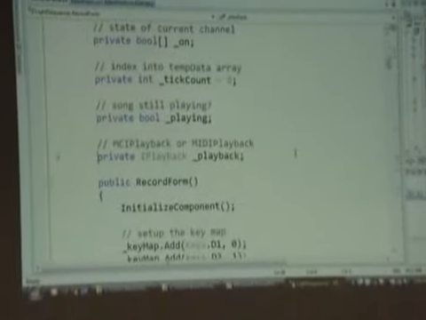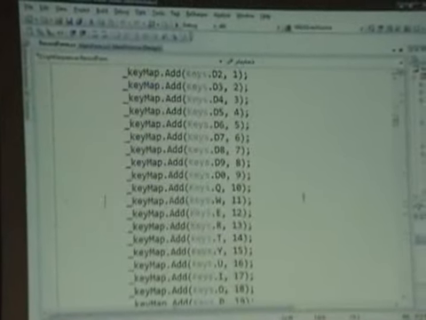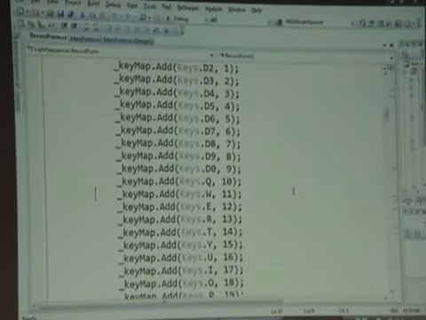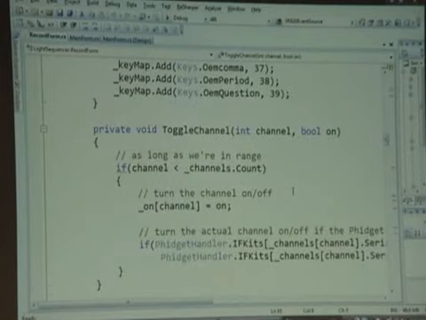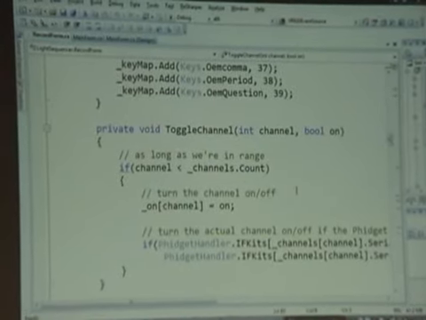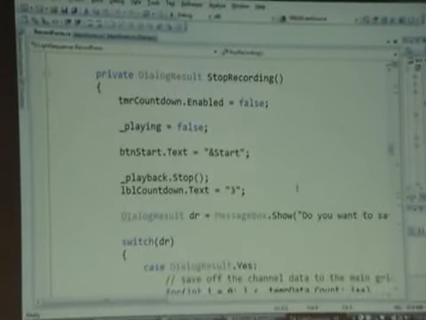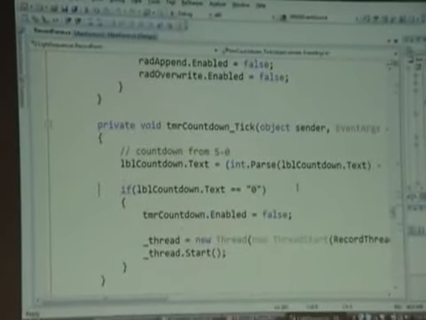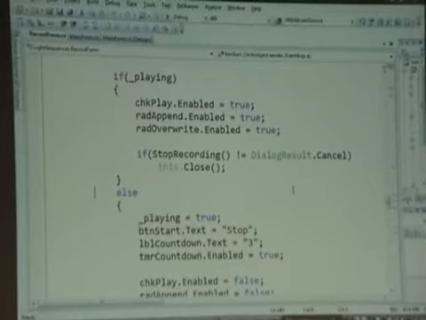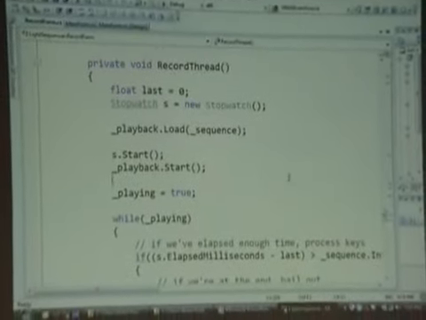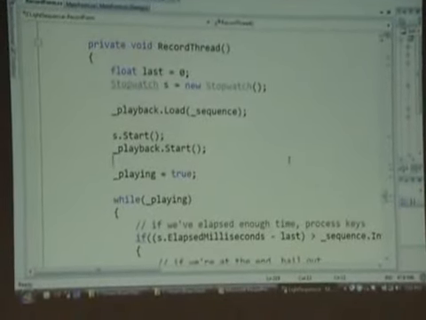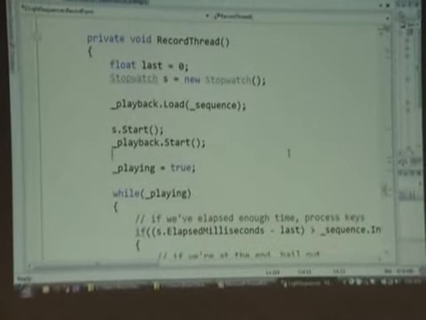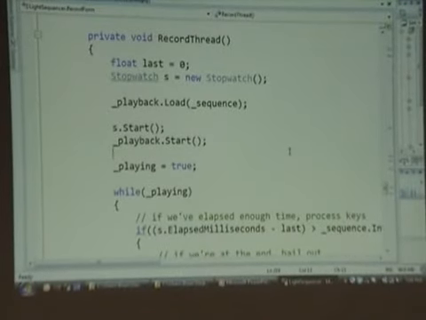So the record form, this is where I map keys. Every 10 keys per row maps to a channel somewhere. So I've got 40 channels, as I just said. When you start recording, depending on which version you're running, it'll start a thread. In the old time mode, it'd start a Windows timer. In the new form, it starts a record thread, which